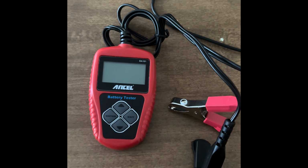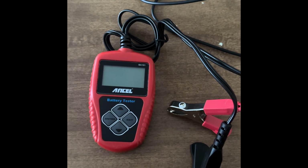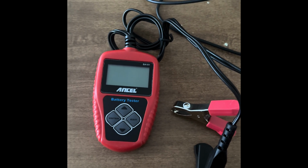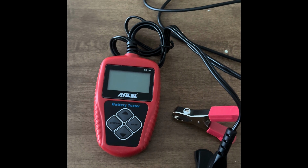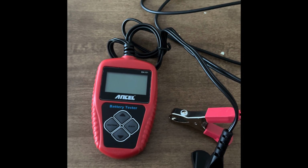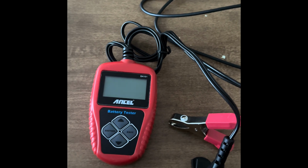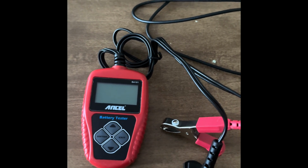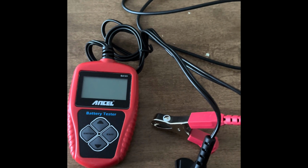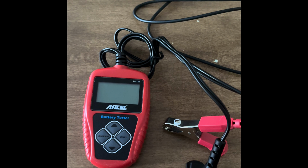This is the ANCEL battery tester. This is designed for 12-volt DC car batteries. It's actually interesting that ANCEL contacted me and asked me if I was interested in collaborating with them to show off their BA101 battery tester, simply because I actually started experiencing battery problems, as you know from my previous videos, with my